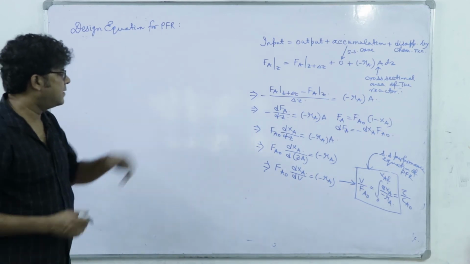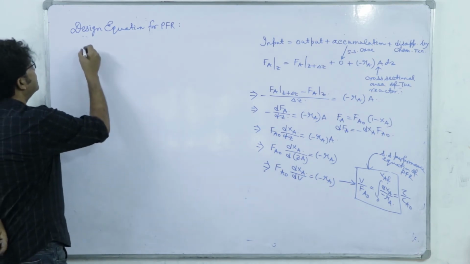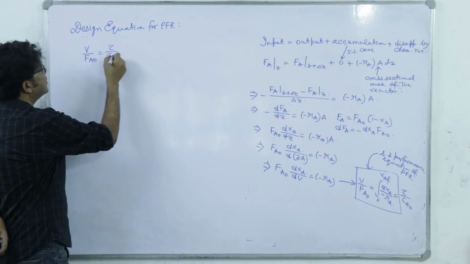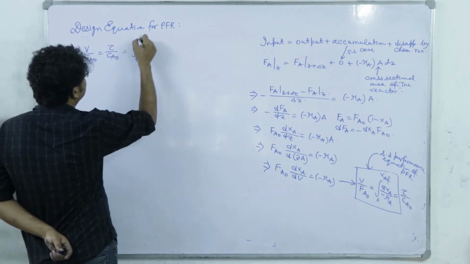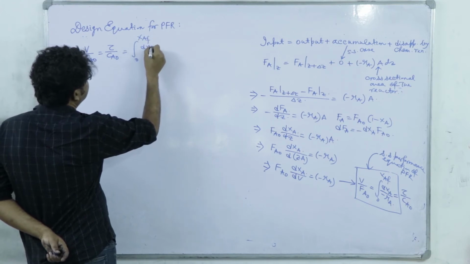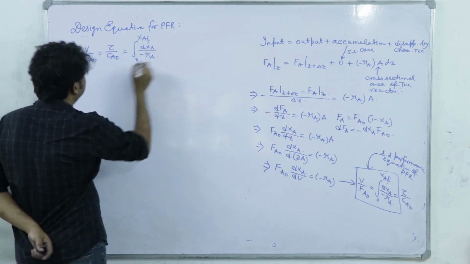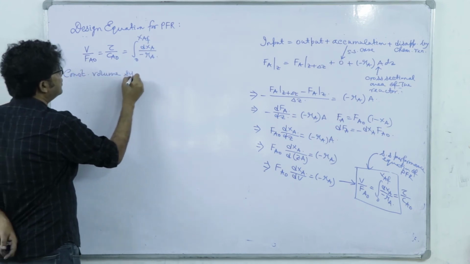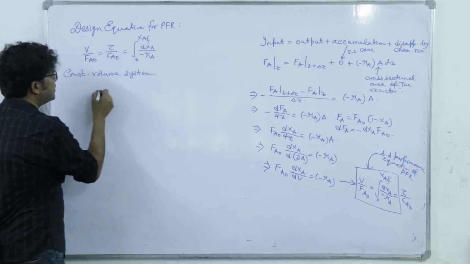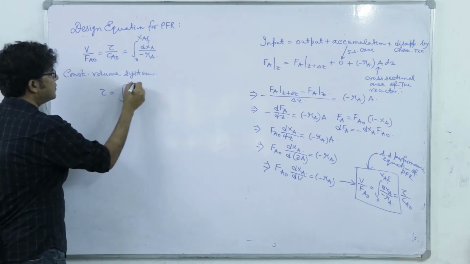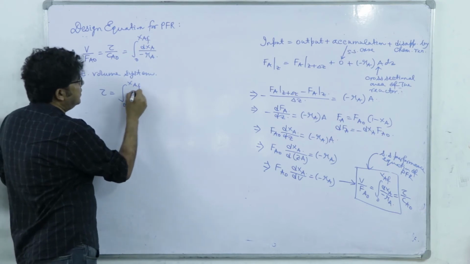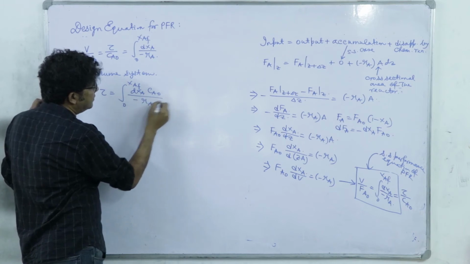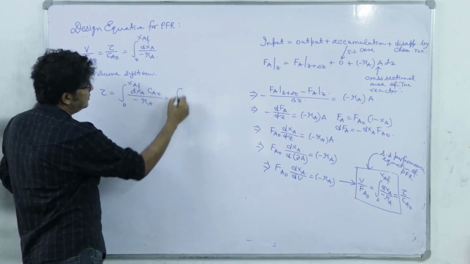So next you see that we have V by Fa naught equal to tau by Ca naught, integral from 0 to Xaf of dXa by minus Ra. Now for a constant volume system, tau is equal to, as it is constant, dXa into Ca naught divided by minus Ra. So it becomes